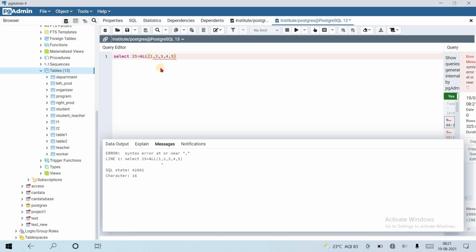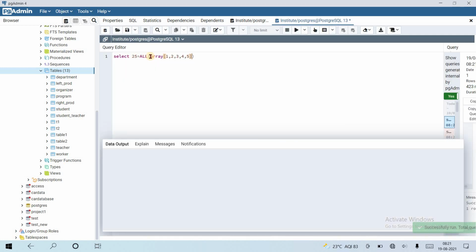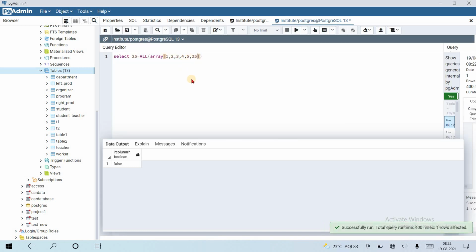Select 25 equal to, oh, this was the array. So is 25 present in this array? No. And now it will be present, yes, so it should return true. Oh, it is still returning false.